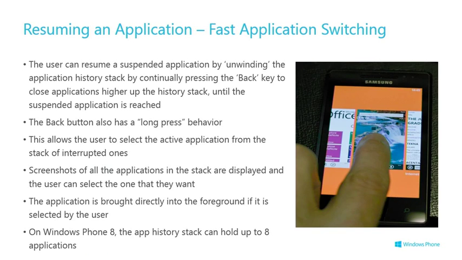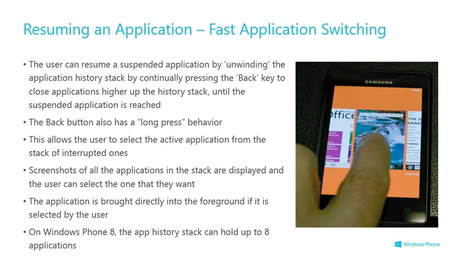Now, this back history stack, so far I've been talking about hitting the back button and going forwards and that sort of thing. That isn't the only way of resuming an app. There is this thing called fast application switching, which was introduced in Windows Phone 7.1. If you, instead of just hitting the back button briefly to move back to the previous application, do a press and hold on it, you get this fast launcher UI, where you see thumbnails of all the applications that you have been running, and you can swipe between them and select one,